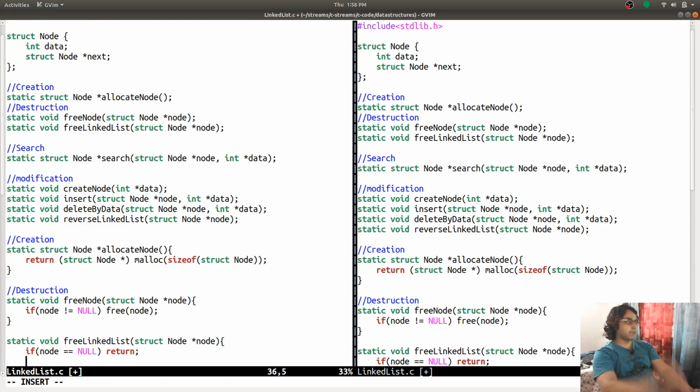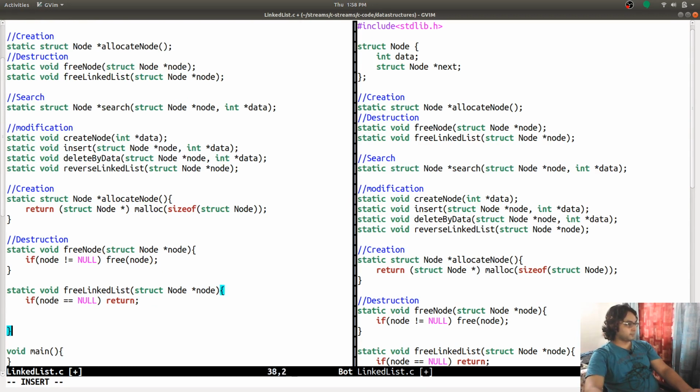Otherwise, what I am going to do is keep a temporary variable, struct node star next, equal to node's next, and I will point it to null, and have another local variable, current, equal to node.